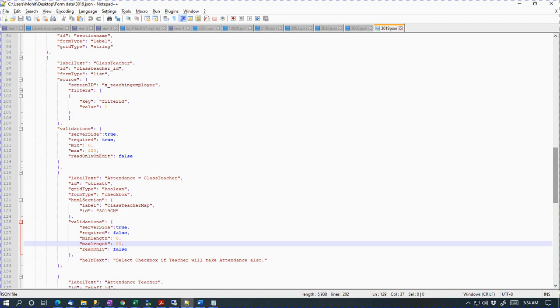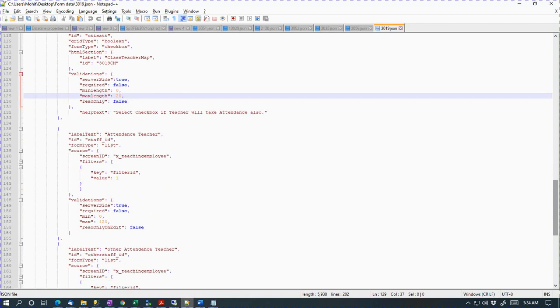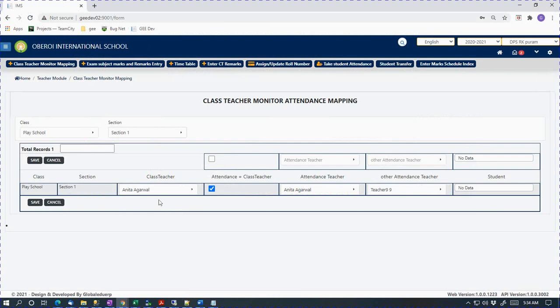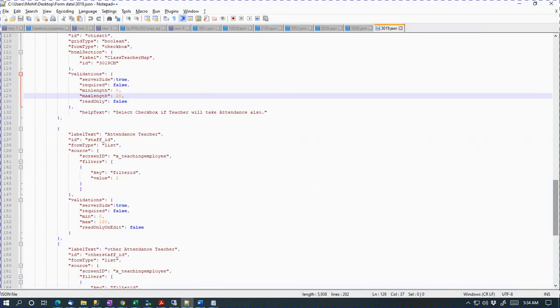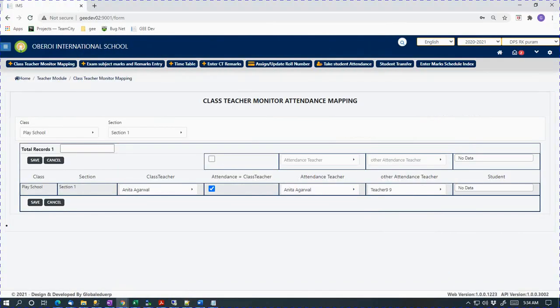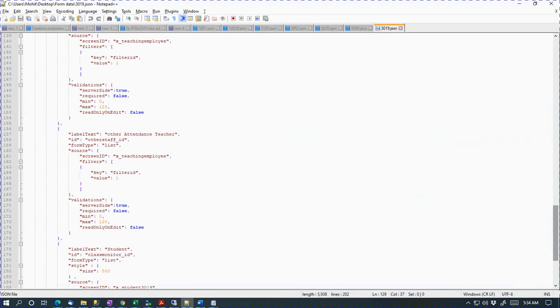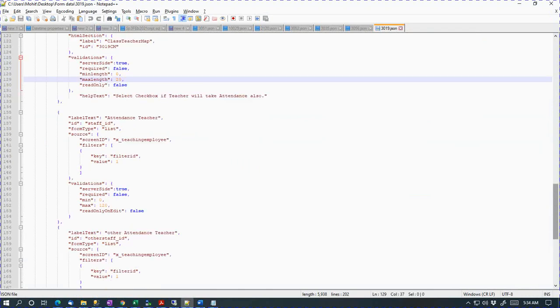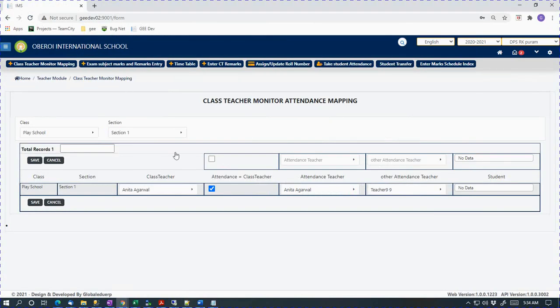Whenever the class teacher value changes, on this list box, validation will fire. On these three controls, we are saying that whenever there is a change of value, you go and check whether everything is okay. We are even firing on the other attendance teacher, but we'll see whether we want to implement that. This is how validation is fired from the form.